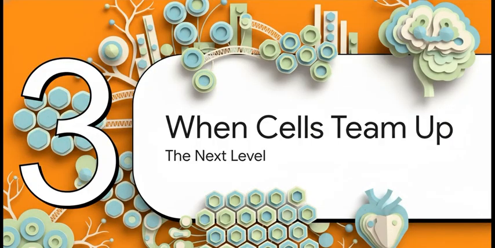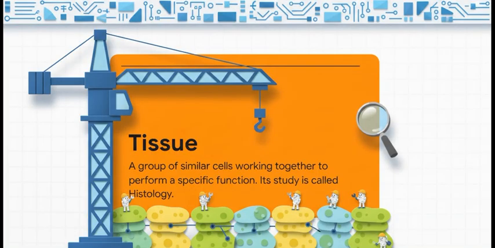So, okay, one cell is a whole complex city, which is amazing. But where life gets truly incredible is when these little cities start talking to each other and teaming up. This is where we hit the next level of organization. And that next level is called a tissue. A tissue is basically just a group of similar cells all working together to do one specific job. The work crew analogy is perfect. You've got your muscle cells acting like the construction crew, your nerve cells are like the electricians. They're all specialists teaming up for the big project, which is you.